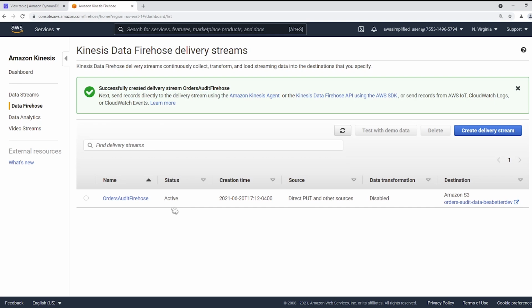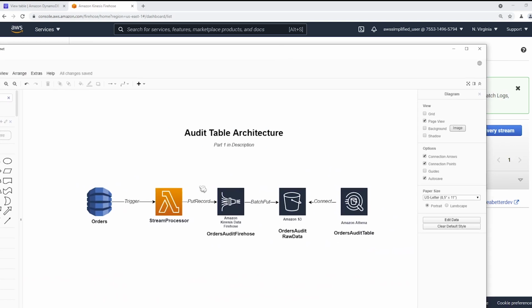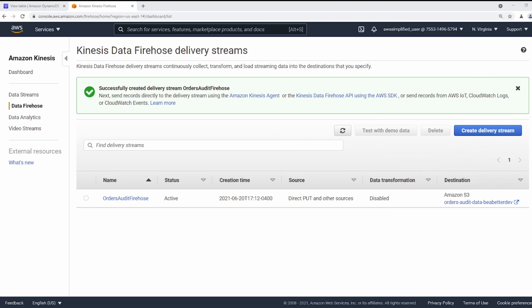From this point, what I want to do is verify that everything is working correctly up until now. I want to see if the data that I insert into DynamoDB is being outputted into S3, since that's what our architecture is supposed to do. Let me drag my architecture diagram back into the screen here. We're going to modify some data that exists in the orders table. It should trigger this Lambda function, which should put records into Firehose, which should put data into Amazon S3. And after we verify this, we'll go ahead and create the Athena table and the Athena database and proceed with that step. But this is a sanity step that we need to do prior to make sure that everything is set up correctly.